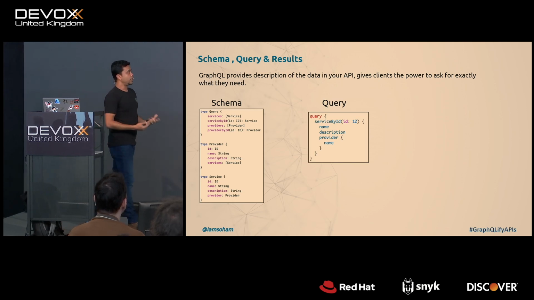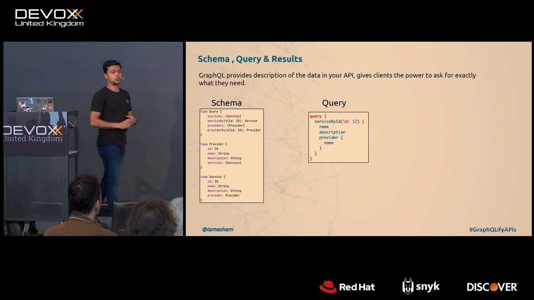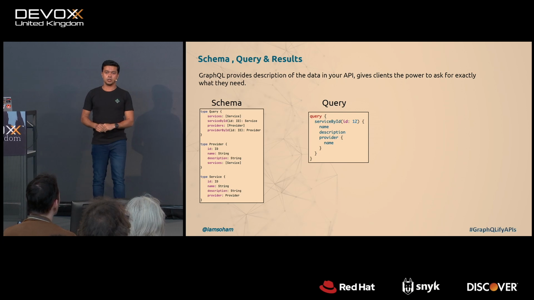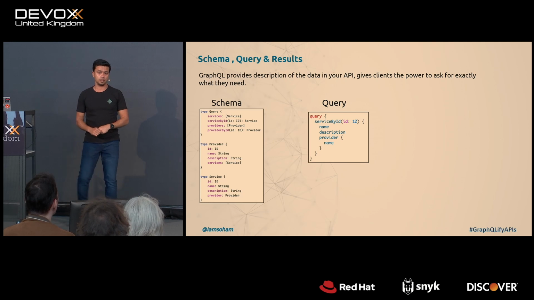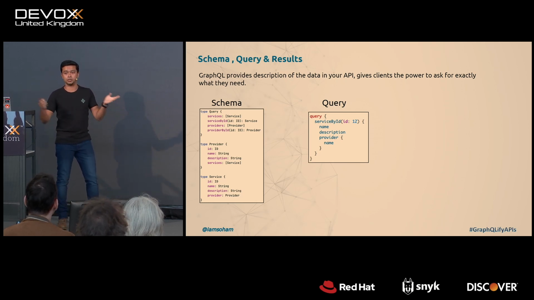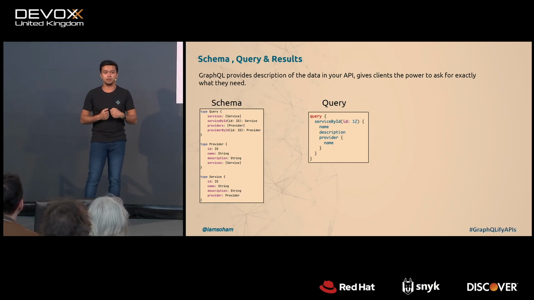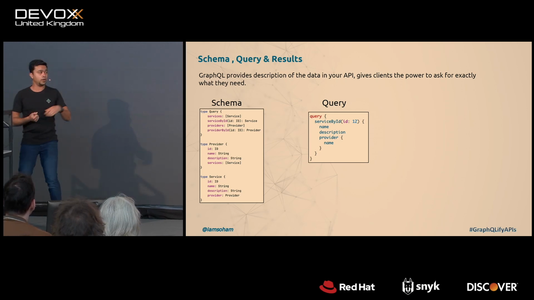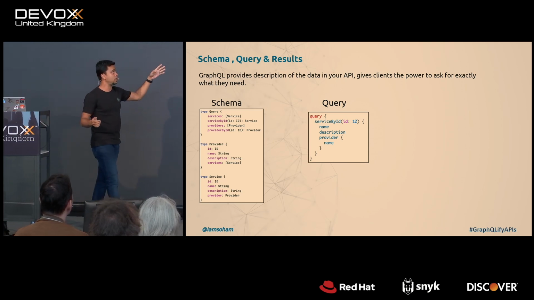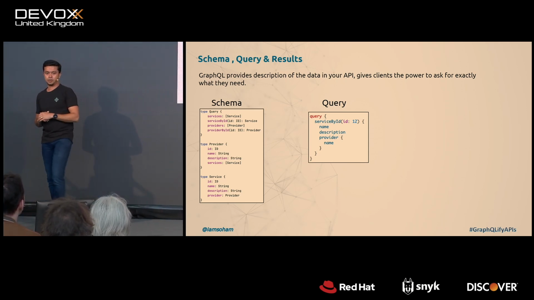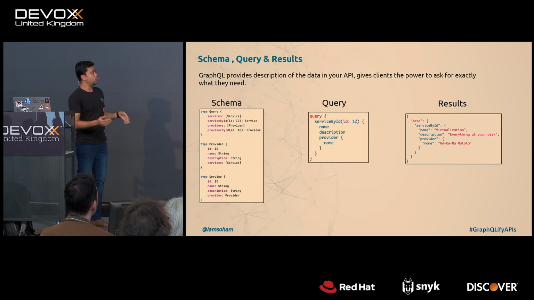Then you do a query, and when you're doing a query, you define what you want to get. That's the most powerful part of GraphQL. In REST, even though you don't want half of the information, maybe you will still get it in your client. Doesn't matter whether it's an HTML page or your Java client or any other client. In GraphQL, you can control that. You only retrieve the data you want. So even though my query defines that services by ID will return a service object, you can still say, I only want name and description, nothing else. I don't want provider to be retrieved on this page or in this query. And the results will be shown like this.